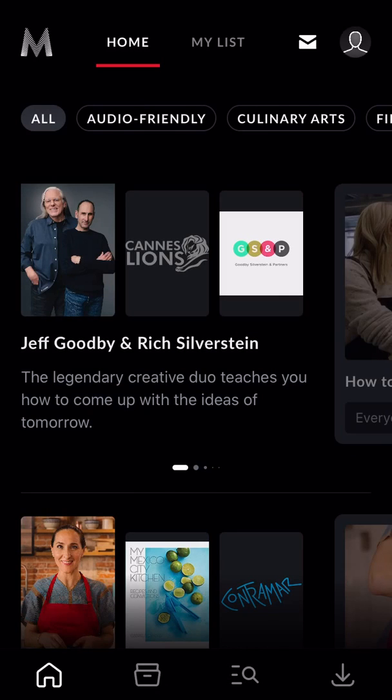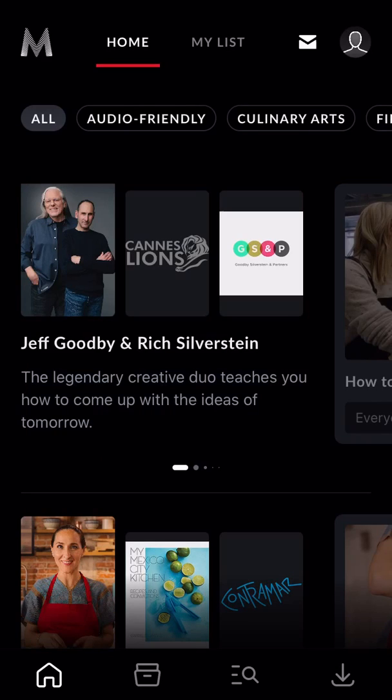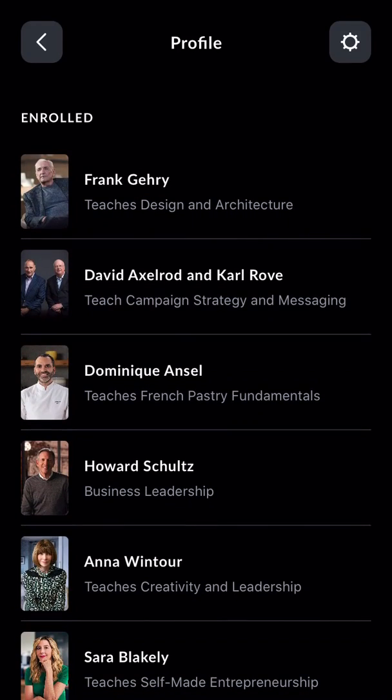We have a mailbox. What is the mailbox? Email account? I have no idea. I do have an email account because that's how I'm logged into Masterclass. I definitely have Gmail on this phone, and so it's not clear exactly what that feature does. And then we have a profile picture here, and the profile,